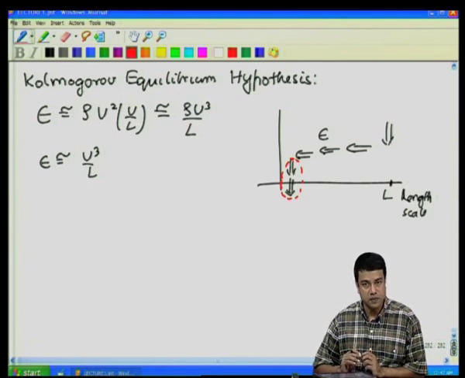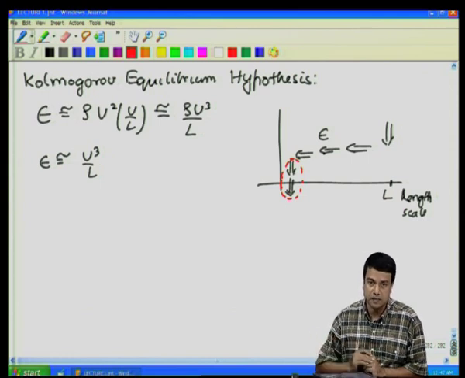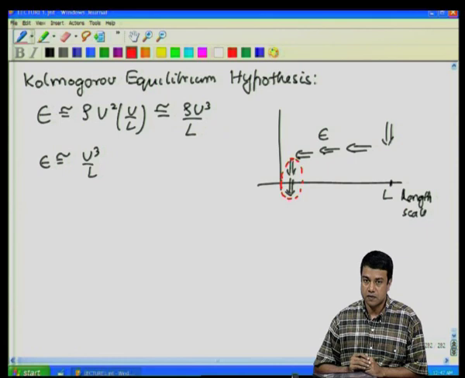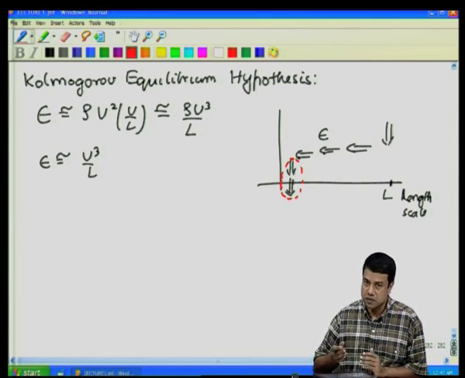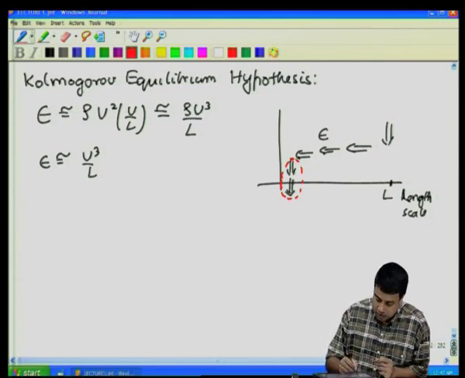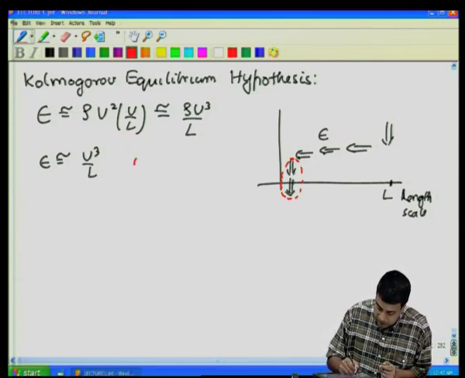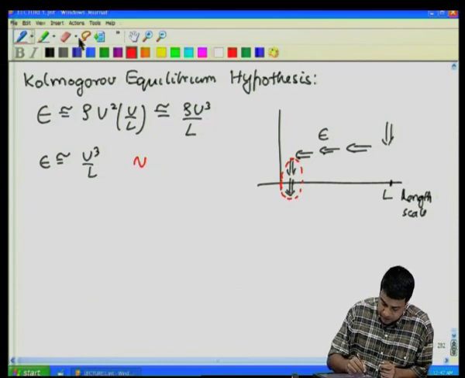What can they be affected by? One is of course the dissipation rate epsilon, because that is the amount of energy that is coming in. The other is of course the kinematic viscosity, because that is what is dissipating energy ultimately and converting it into heat. So, the other variable that can depend upon is the kinematic viscosity.